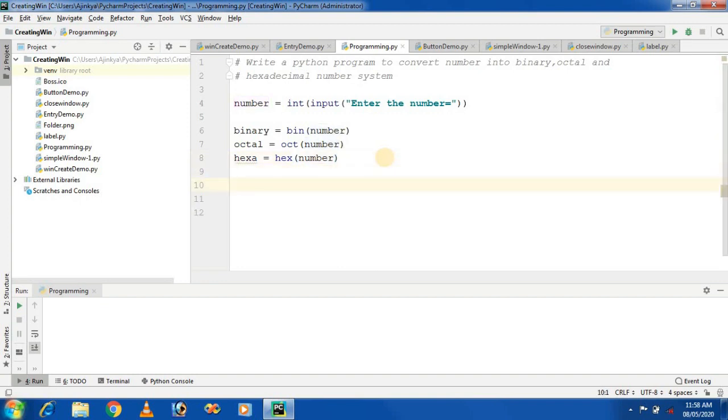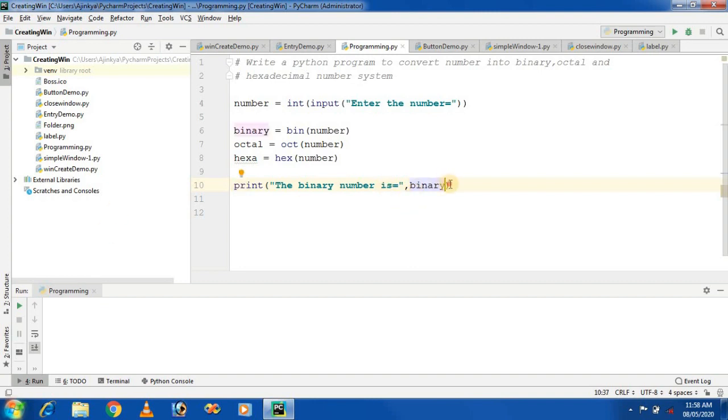So finally, we will print the results respectively. If you want to print anything in Python, there is a predefined function called the print function. So I am writing here print, the binary number is, and the result is present in the variable called binary. I am copying and pasting it here.